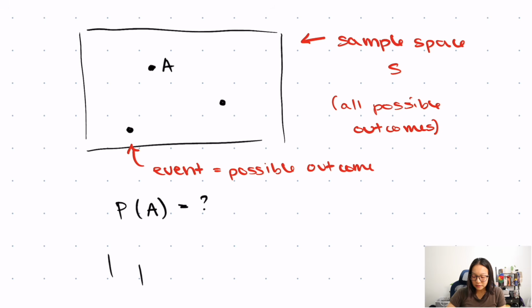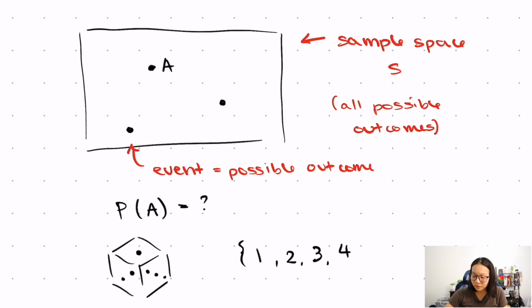So how about a 6-sided dice, which a lot of people are familiar with, but it looks something like this. And each side, so it's a cube, and each side has a number on it. So that might be 1, 2, 3, 4, 5, 6. So that means, what are all the possible outcomes when we roll this dice? I'm going to use these curly brackets to denote a set, but the possible outcomes are 1, 2, 3, 4, 5, and 6. So in this case, S equals the set of numbers 1, 2, 3, 4, 5, 6,